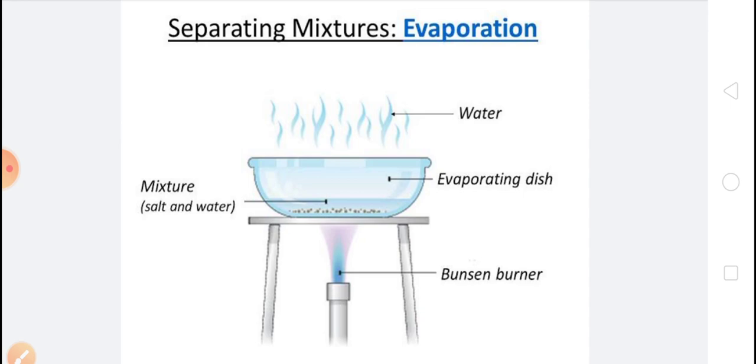Have you ever wondered where the salt added to so many food items comes from? It comes from seawater. Actually, seawater contains many salts mixed in it, along with the common salt, NaCl. This seawater is allowed to collect in a shallow pond and then evaporated in the sun. The water evaporates, leaving behind the solid particles of salt. This salt is further purified and used as common table salt.